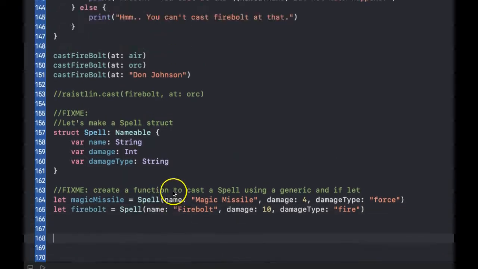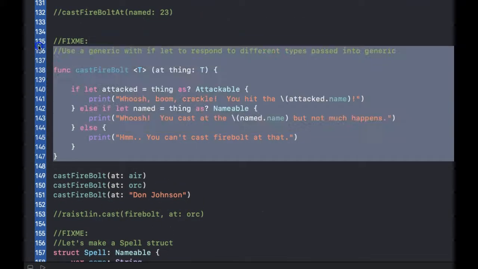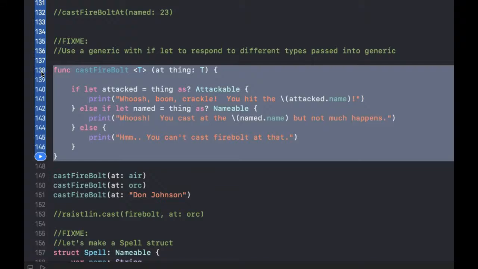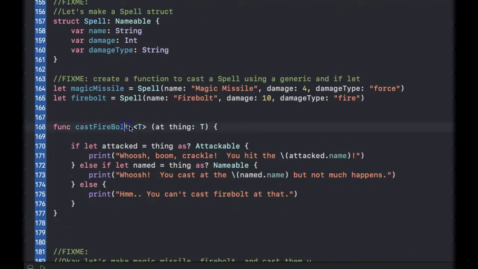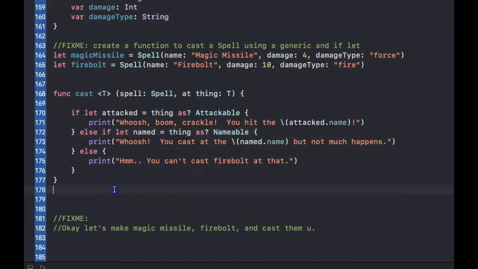So the function I like is this function up here. So that's my favorite function so far. So we're going to copy that one and we'll paste it down here. And instead of cast firebolt, we're just going to say cast. And then we'll put the spell part in here. It's of type spell at the thing. And that's pretty good, right? Whoosh, boom, crackle, you hit blank, hit the blank with